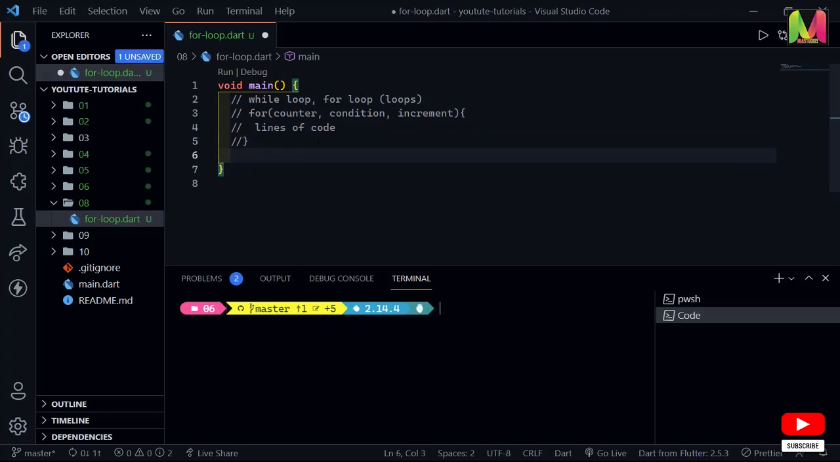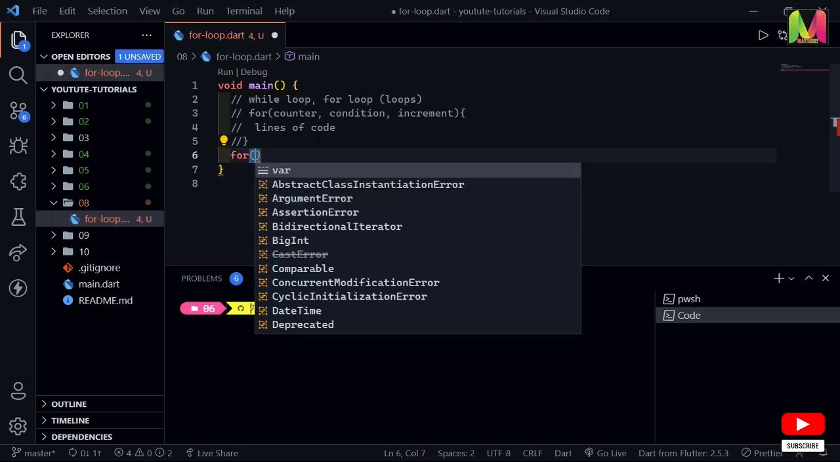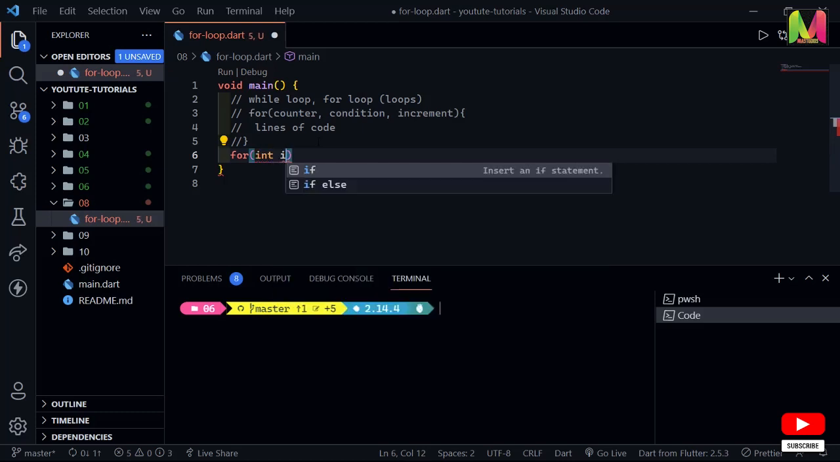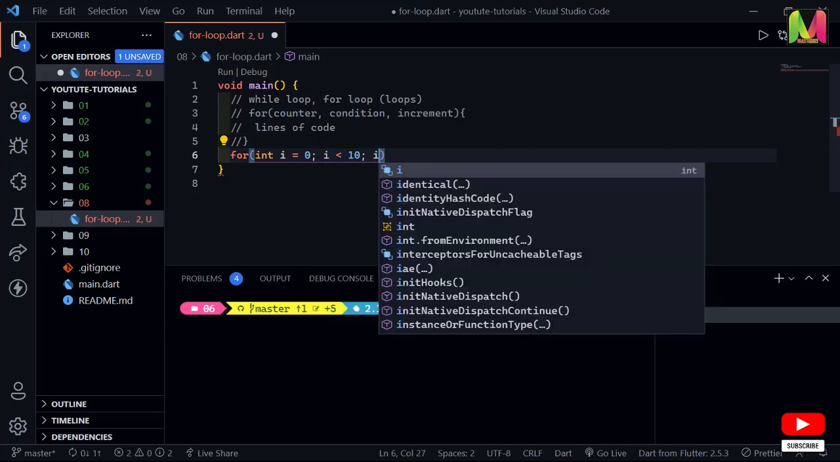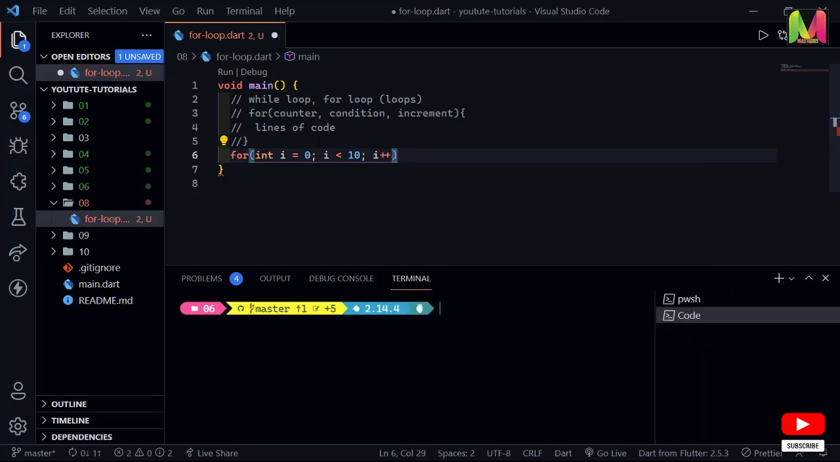So a typical for loop will be with the keyword for, and we say int i equals 0, and we say i less than 10 and i plus plus. Again, you can use i plus equals 1 or i equals i plus 1, it doesn't matter, but this works fine. One thing you should know is you can do plus plus i, or you can do i plus plus. Now the difference is